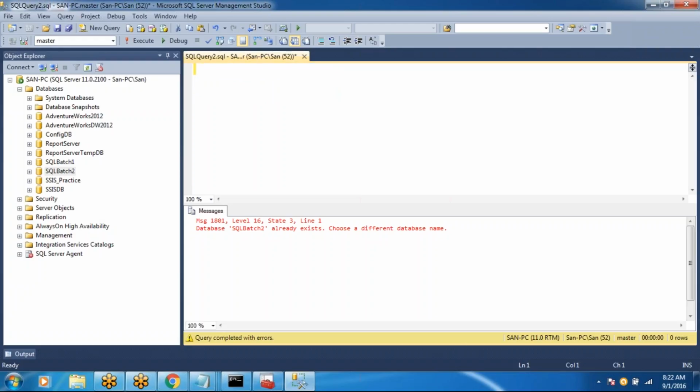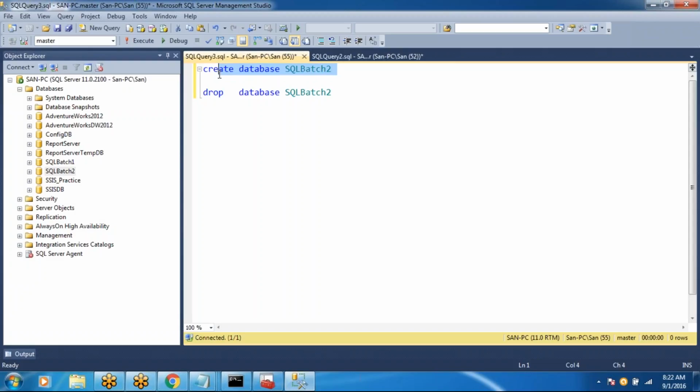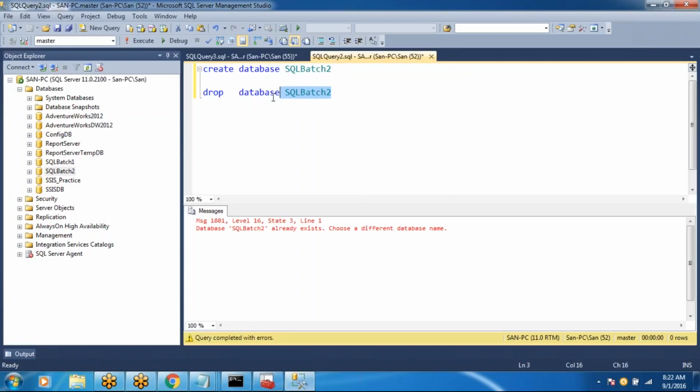Either I can remove the statement and execute this, or I can select this statement alone and execute it, or the third way is to comment. In SQL Server we have two types of comments. One is double hyphen